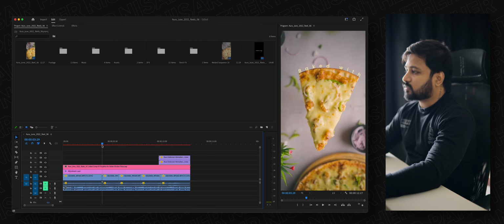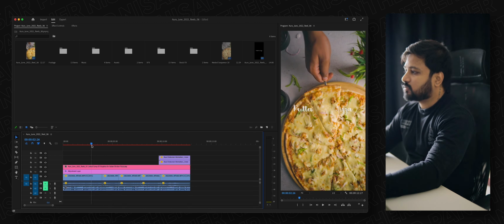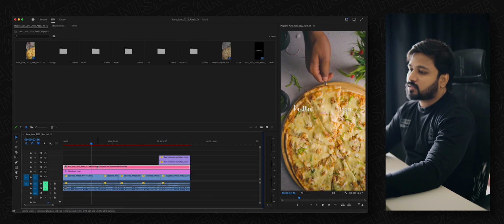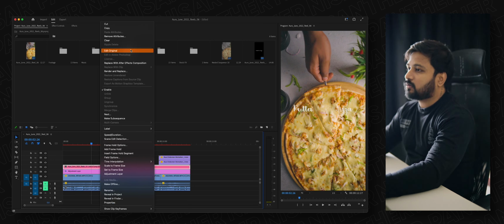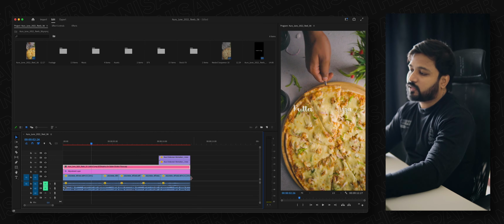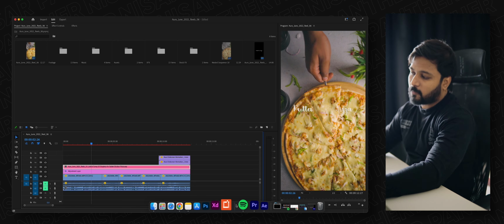with all the effects. Now as you can see, the text is being passed through by the slice of pizza. That's how it feels, but it's just 2D with 3D transforms. Let me show you. As I have already created this layer, right click and click Edit Original. It will take you to the After Effects